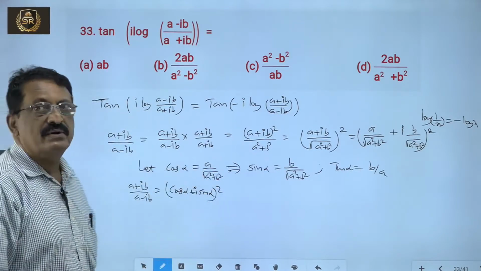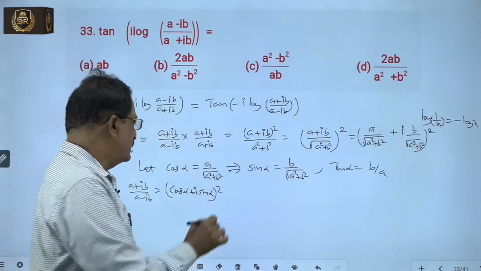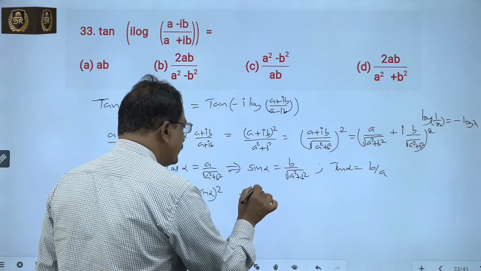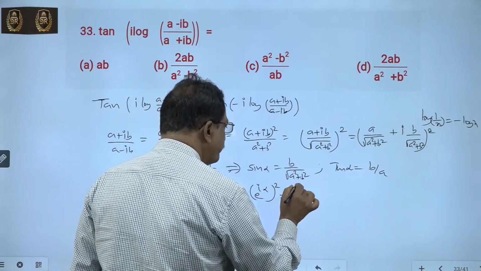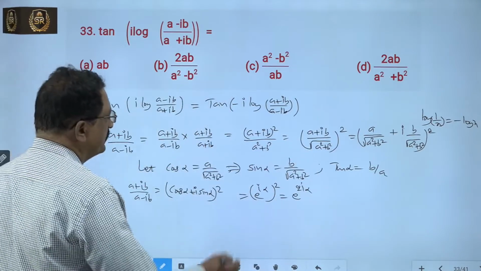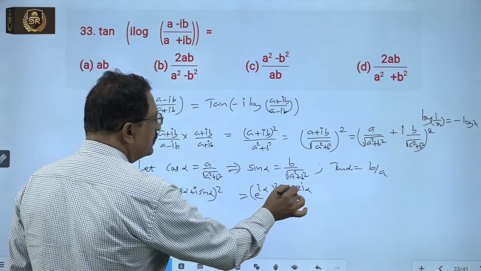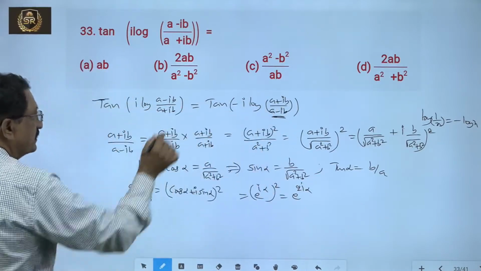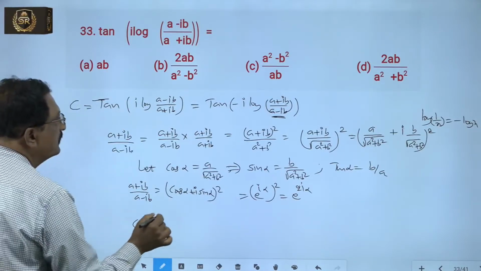Here cos alpha equals A by square root of A square plus B square and sin alpha equals B by square root of A square plus B square. Also cos alpha plus i sin alpha equals e to the power i alpha, whole square, that equals e to the power 2i alpha. Now (A plus iB) by (A minus iB) equals e to the power 2i alpha. Take this value, or consider it as C. Therefore C equals tan of